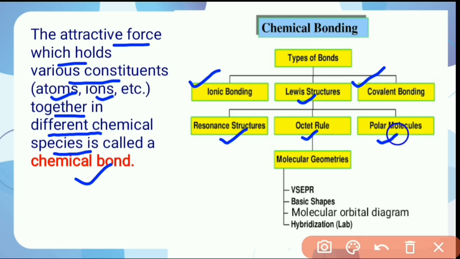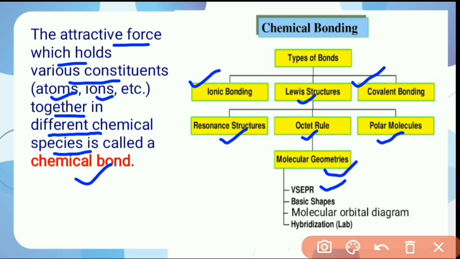A polar molecule is formed when there is unequal distribution of electron clouds, and the molecule becomes polar, with partially positive and negative charges. By the following chemical bonding we make molecules, and the molecular geometry we can determine by VSEPR theory. It only describes the shape of the molecule, but it cannot explain the angles of the molecules.